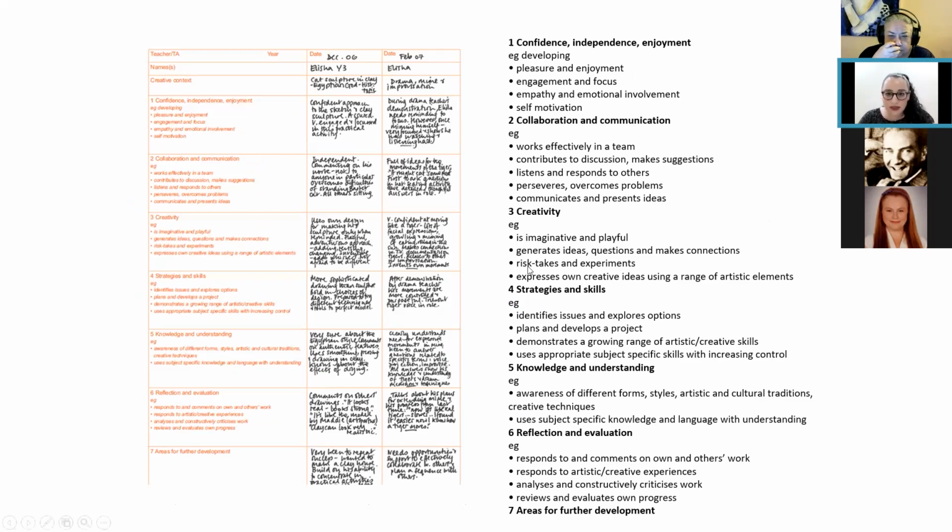I wrote the statements here because it can be difficult to read them there. As you see, there is creative content. Students are evaluated for their confidence, independence, enjoyment, collaboration and communication, creativity, strategies and skills, knowledge and understanding, reflection and evaluation, and areas for further development.